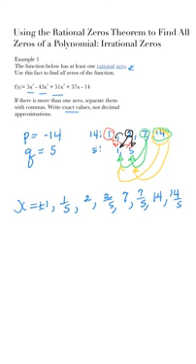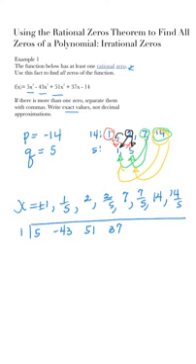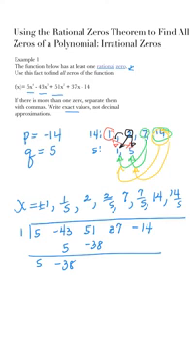So let's start off with 1 and use synthetic division to see if we have a remainder of 0. We're going to take the coefficients of our polynomial. Since it's in descending powers with no missing terms, we'll just take 5 from the x to the fourth term, negative 43 from the x cubed term, 51 from the x squared term, 37 from x, and then negative 14 is the constant. We bring down the 5. 1 times 5 is 5. When we add, we get negative 38. 1 times negative 38 is negative 38. When we add,